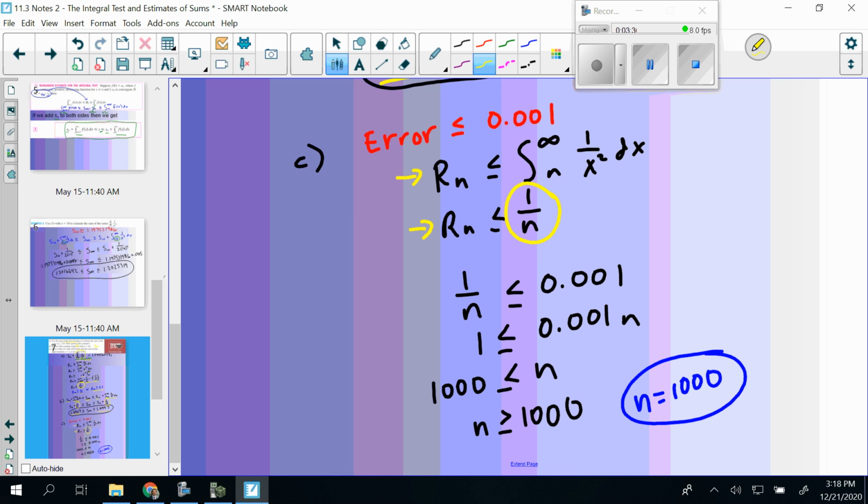So 1 over n needs to be less than our error. Then multiply both sides by n. Now you've got this statement. Let's divide both sides by 0.001. That means we got 1,000, and so our n value needs to be greater than or equal to 1,000. So we would have to use 1,000 terms to get our error